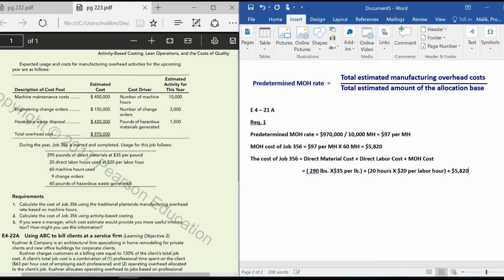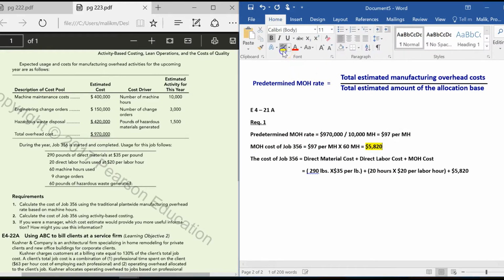$5,820. Right, so this is our manufacturing overhead, and we actually showed here how we got this cost. I'm just highlighting it in case you would be interested to know again. So now the total cost means direct material cost, direct labor cost, and manufacturing overhead cost. There are three types of costs. For this job, if you add these three, you will find the total cost for this job. So the direct material cost, 290 multiplied by 35. So please